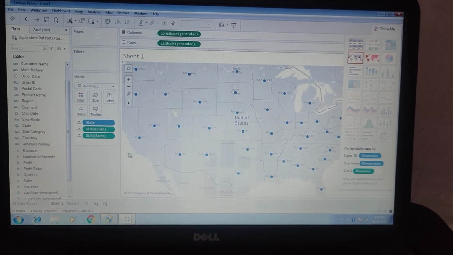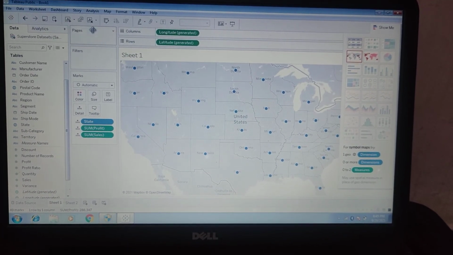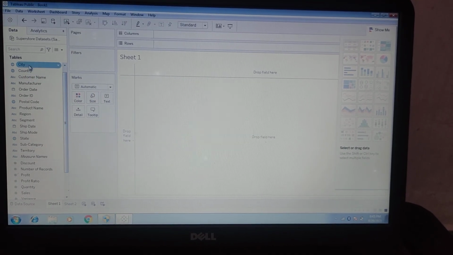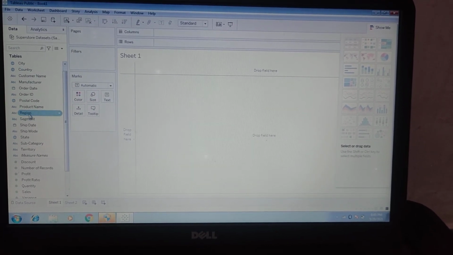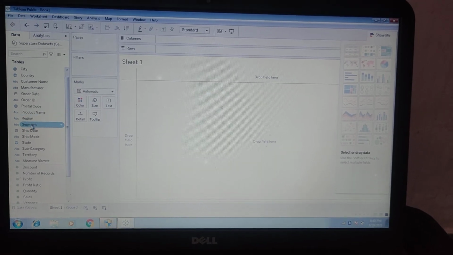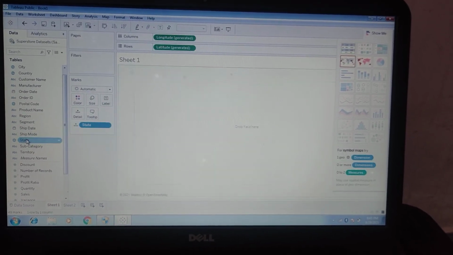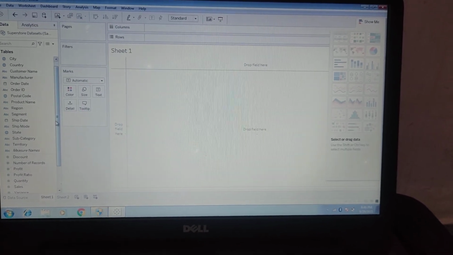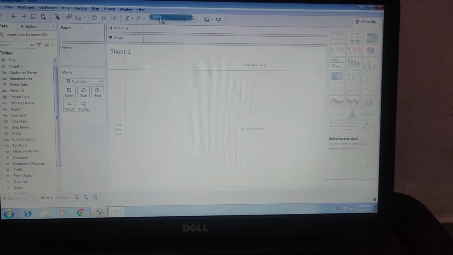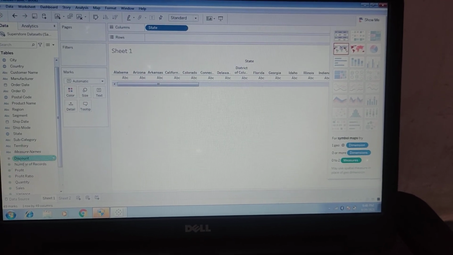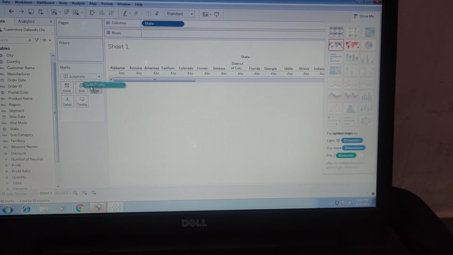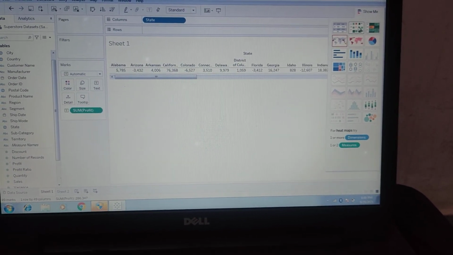First you have to remove all these things from here, and then drag the state into columns and the measure profit into the text, and click on the heat map.